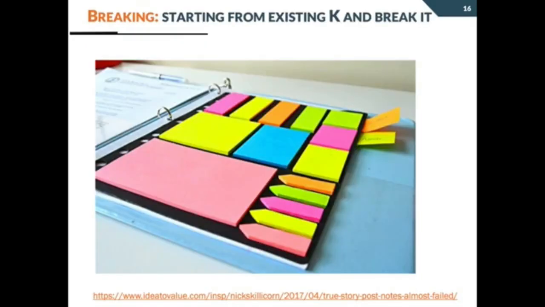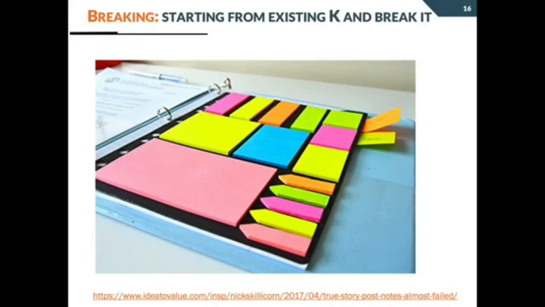And this takes us to the third strategy, which says, well, if you want to start from the existing knowledge, start from that, but instead of trying to just improve it, make it slightly better, go against that. Try to criticize it. Go against the fundamental assumptions of it and see, by breaking the existing knowledge, whether you can come up with a whole new knowledge about a certain topic or a certain problem.